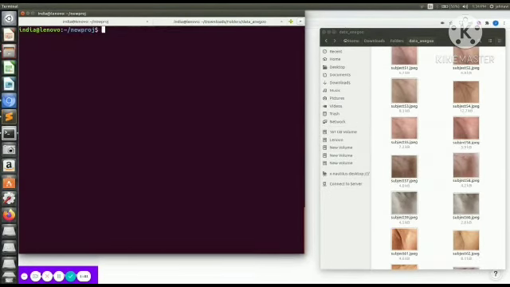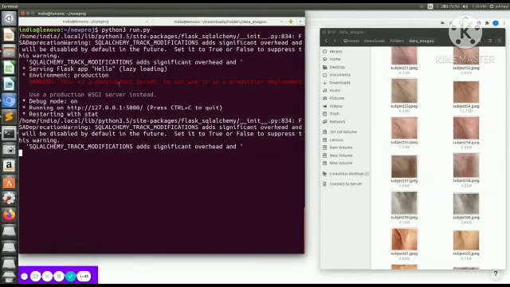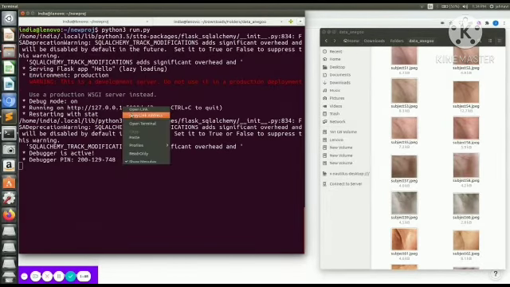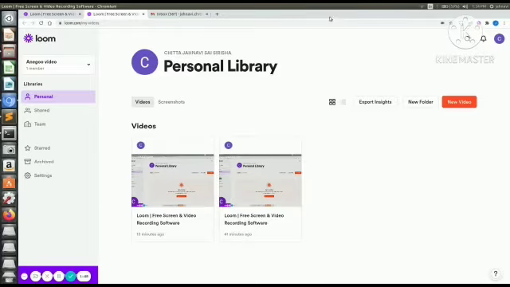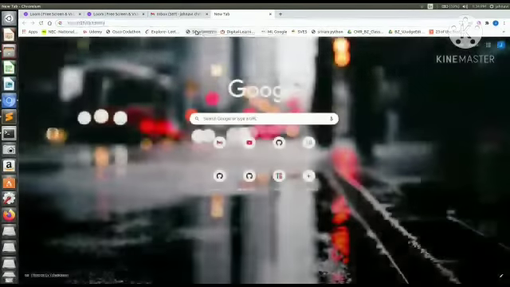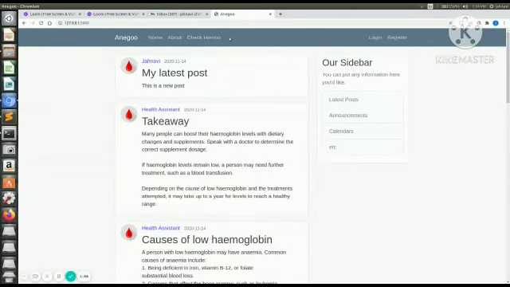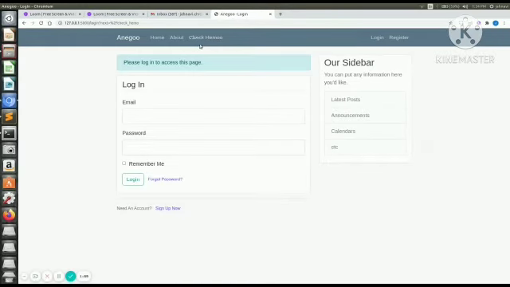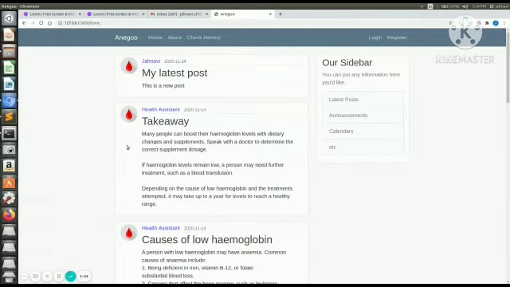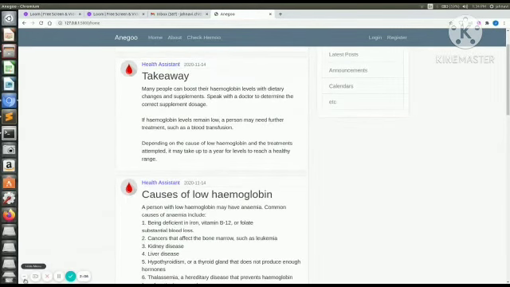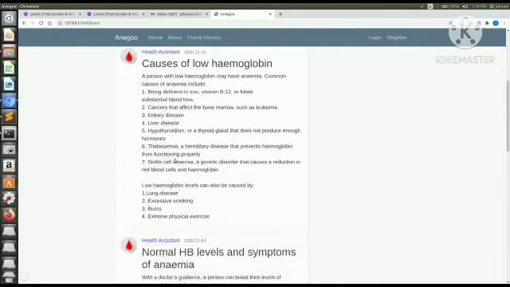And now we're going to run this server, this will be our final Anigo. I'll just copy this link address, server address, and then paste it in the browser. So we have our Anigo open up here. To check the hemoglobin content, one has to be logged in. This home page is where any user can access information, like why hemoglobin is important, causes of hemoglobin deficiency, and how to improve his hemoglobin level, and so on.